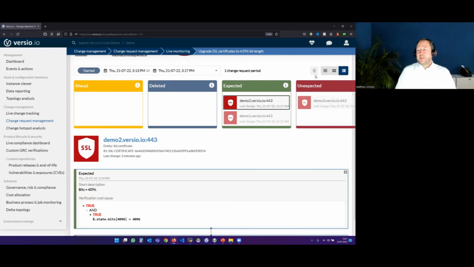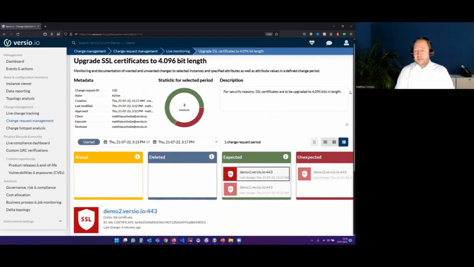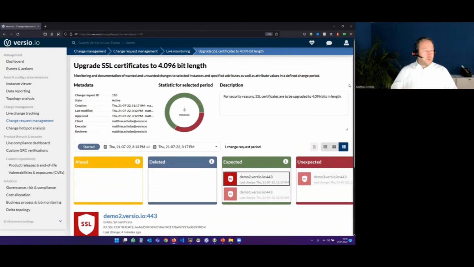And we have the possibility to generate a PDF, and this PDF helps you to communicate with internal departments, with service providers, about the result of your change request that you are monitoring here in Virtual.io, and you get a very objective documentation. So let's come back